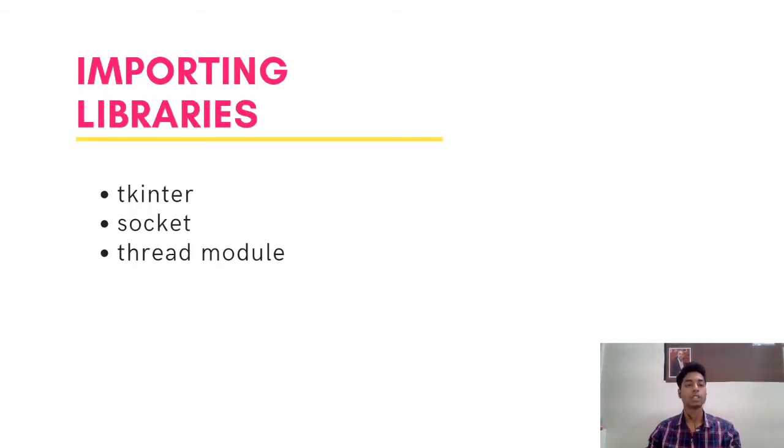In the imported library section, I have imported the tkinter library, which is responsible for the GUI section of this application, and the socket library, which is also responsible for the network connection section of this project, and the thread module, which will receive messages